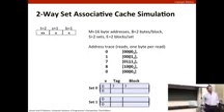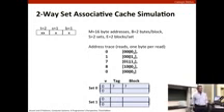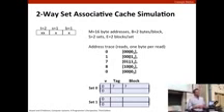Okay, the question is, what determines the block size? That's determined by the design of the memory system. It's a fixed parameter of the memory system. When the Intel designers decided to put cache memories on their processors, they decided that the block size would be 64 bytes. So the block size